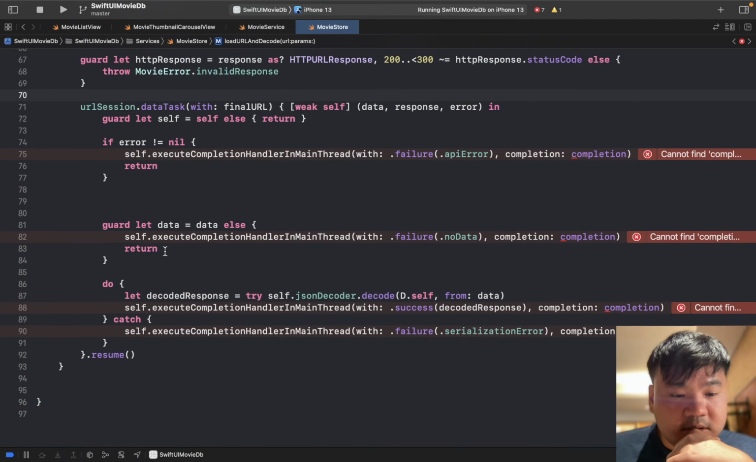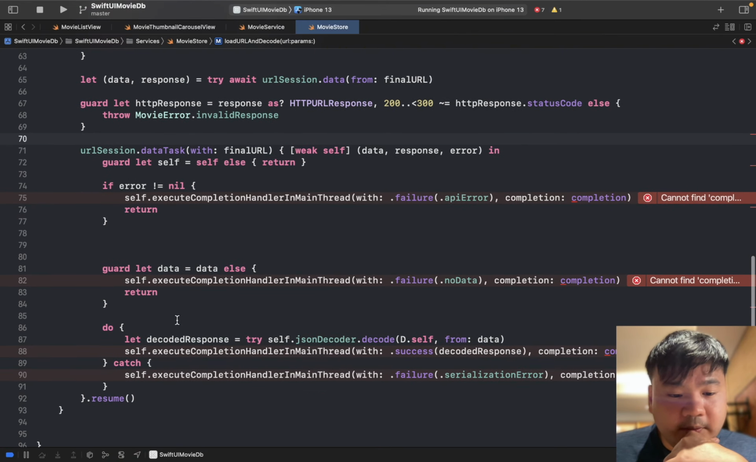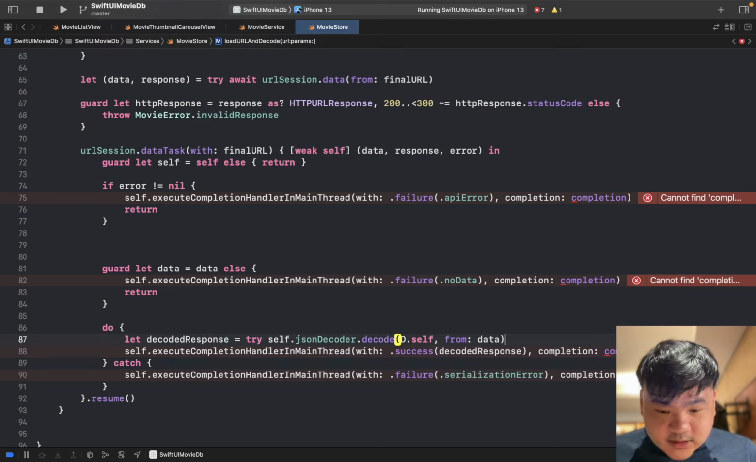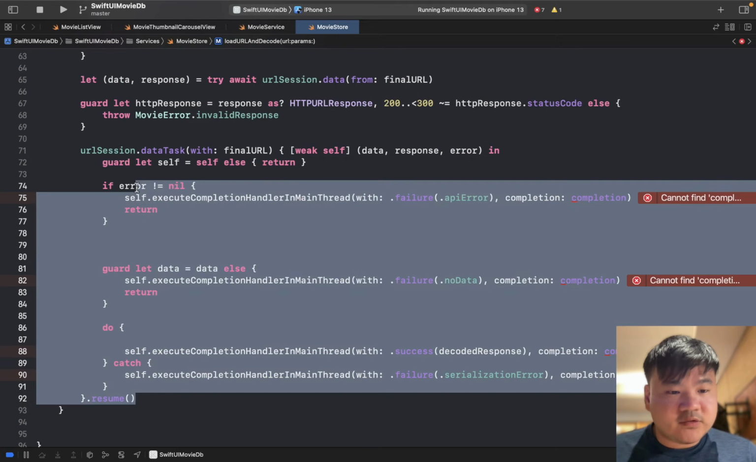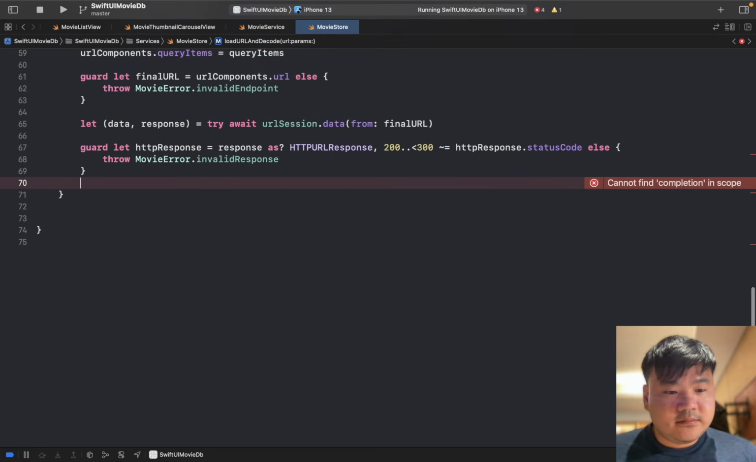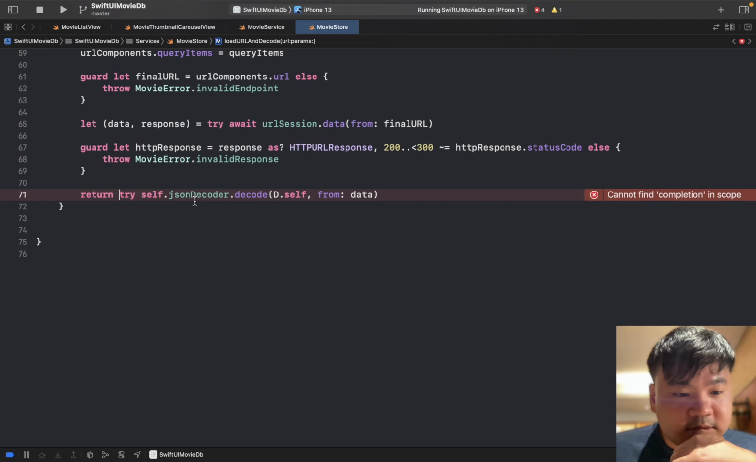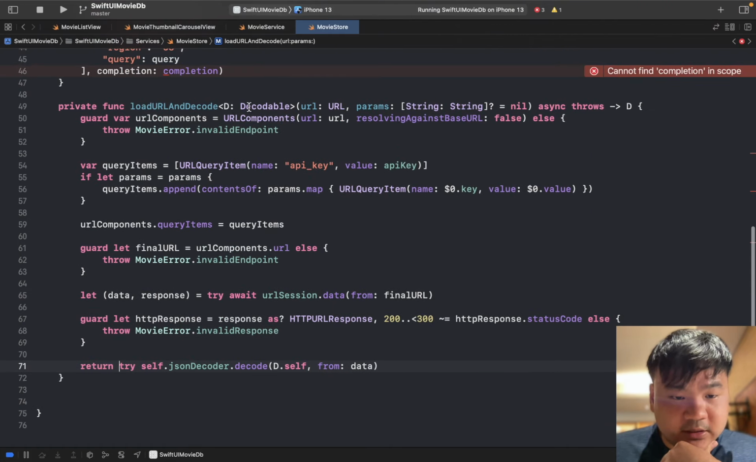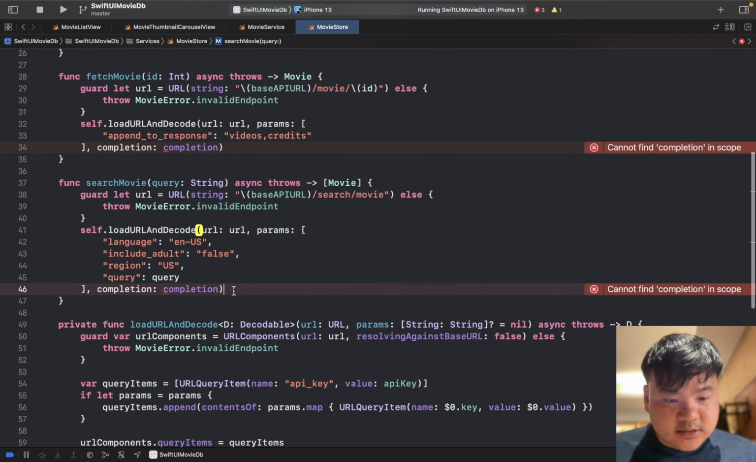And let's see, we don't need the data, as the data will always be there if it is not throwing. And now let's cut this, and we can finally get rid of all of this. Here we can simply return and then invoke try JSONDecoder.decode to decode this Decodable type. Okay, now we can refactor this